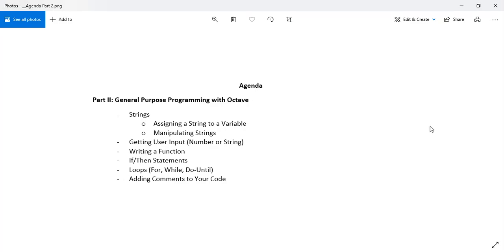The second part of the video will focus on Octave as more of a general purpose programming language, and we will discuss strings, which you can think of as plain text, how to make them, how to manipulate them, how to get input from the user, and how to choose what type of data that input comes in as, whether as numerical data or as a string,